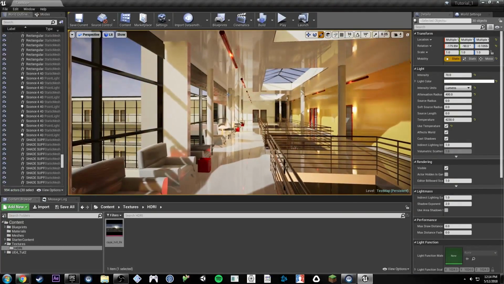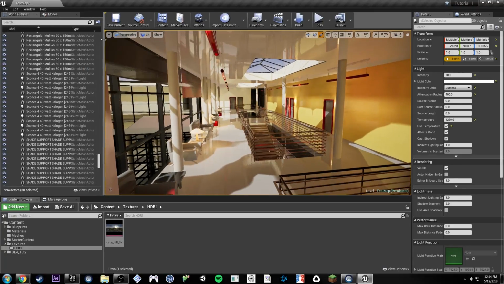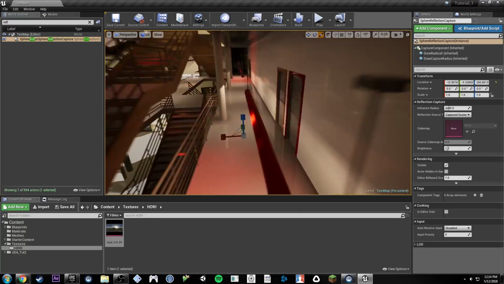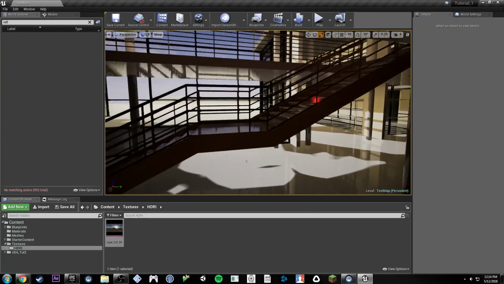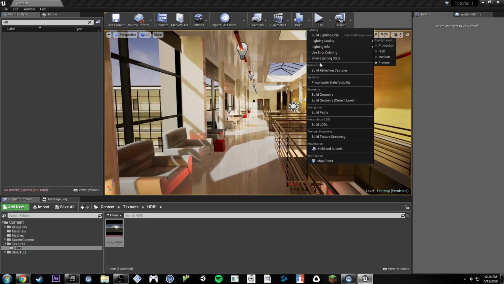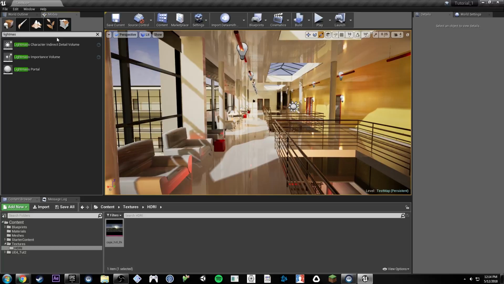First things first, let's deal with some of those reflections. Those are kind of getting to me. So if we do a search in our world outliner here, search for reflection, we have one reflection going on. This came in when we started the project, and we had that nice sky that we started with. I'm just going to delete that, start fresh, and we'll go up here, just make sure to build reflection capture so we got nothing going on. So if we go back to our modes view,